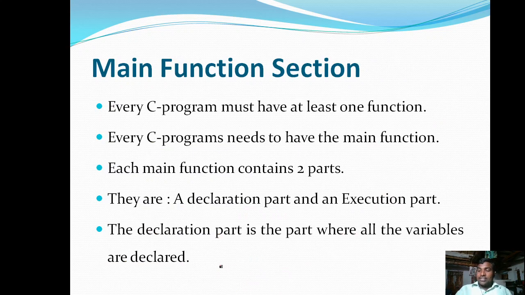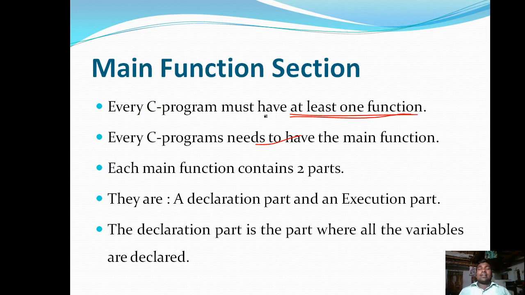Now the next one is the main function section. Every C program must have at least one function.